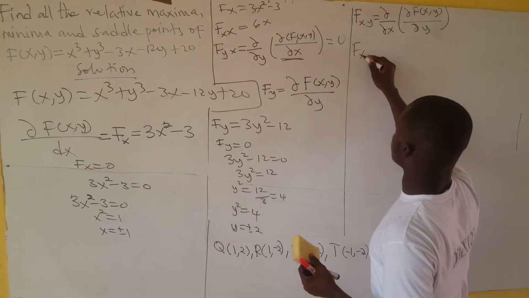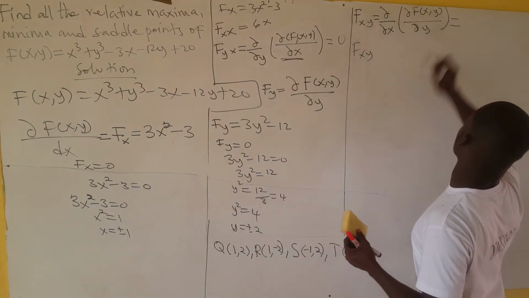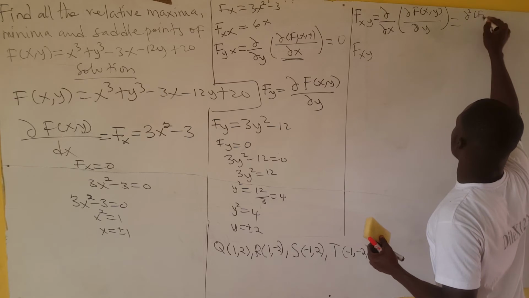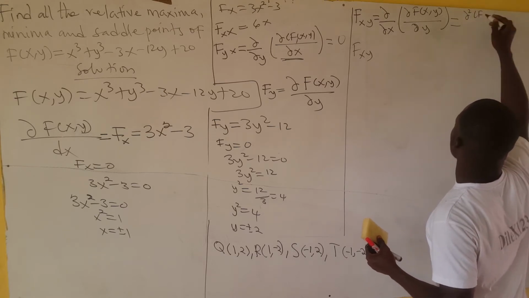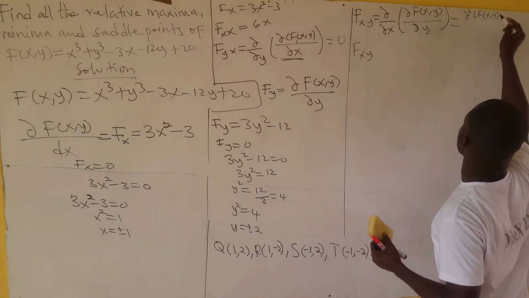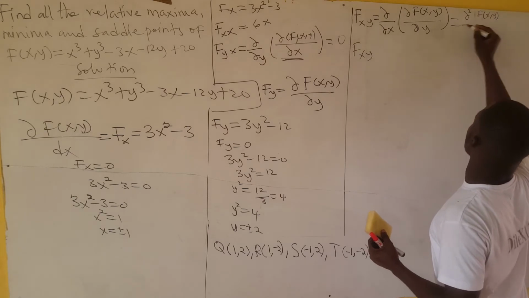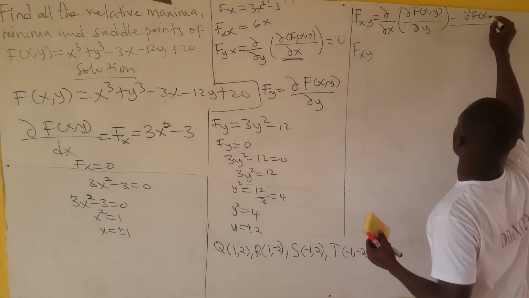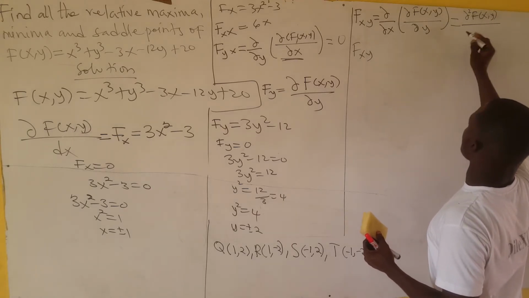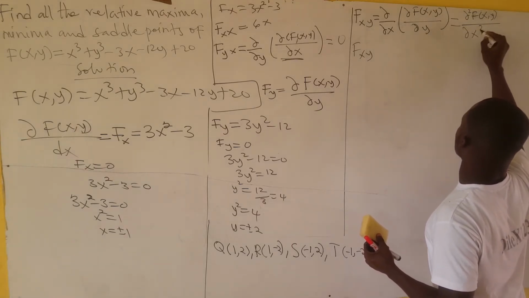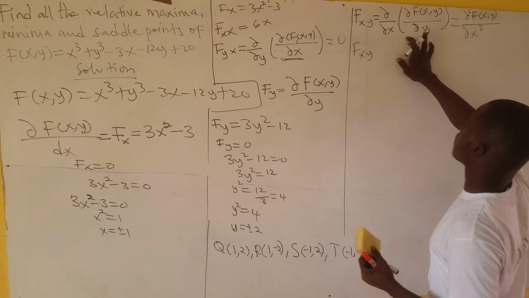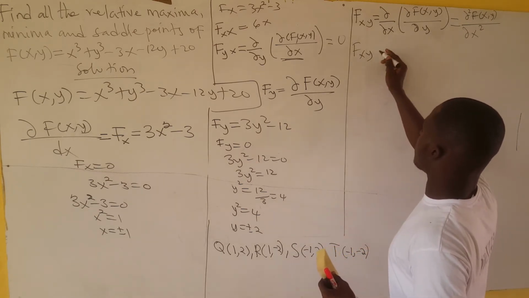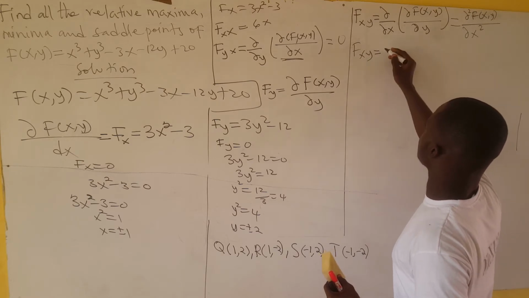Okay, that's what it means. And now this can also be written as d squared fxy. Let me write that here. So d squared fxy, and then the x squared. So this is the same as this, is also the same as this. Okay, good. So fxy will be equal to,